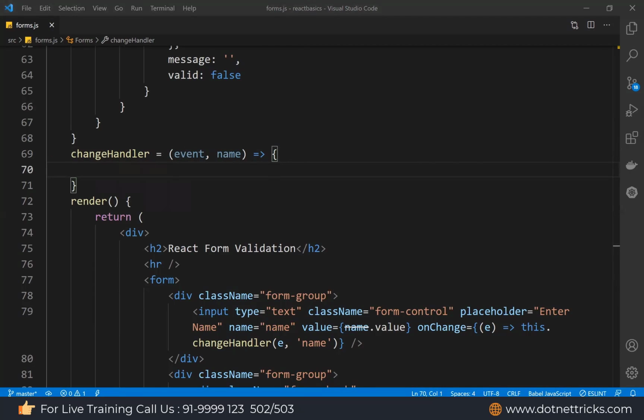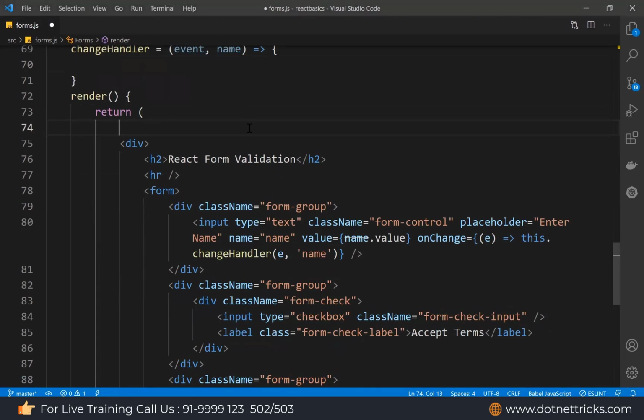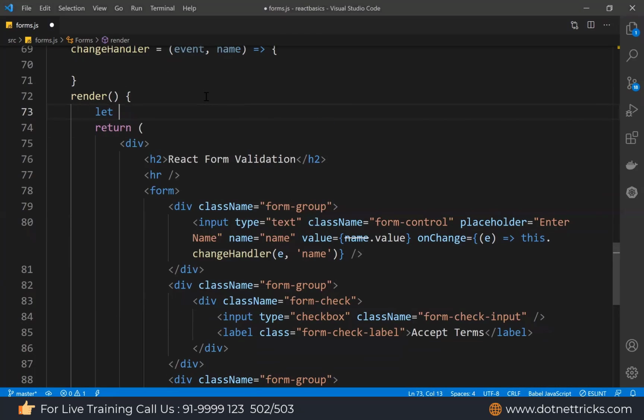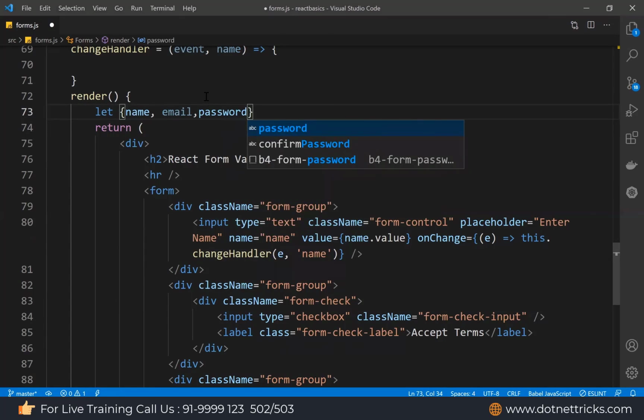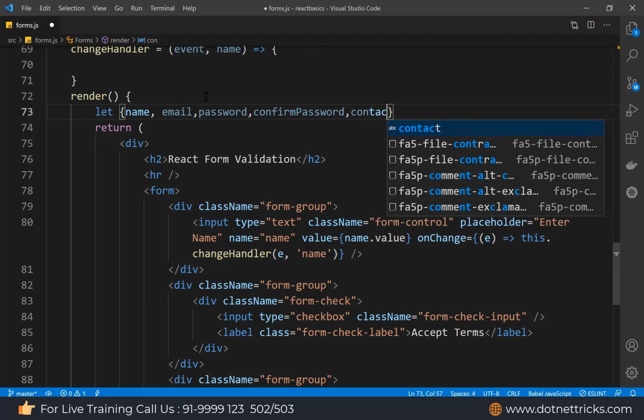Here there is one more thing to define. Let's define a let. At the let we will access the things. Let's define the variable name: name, email, password, confirm password, and contact, which we defined at the top level.